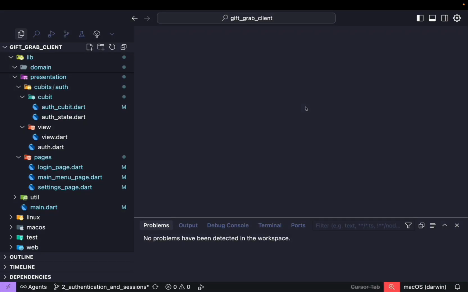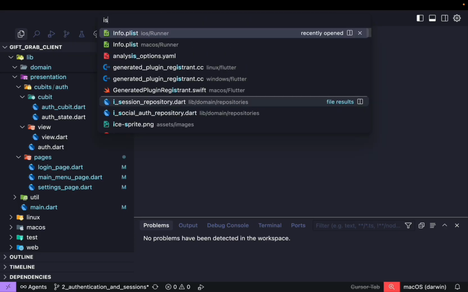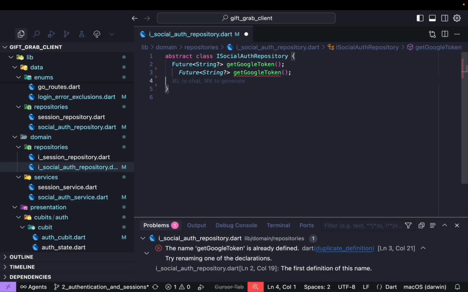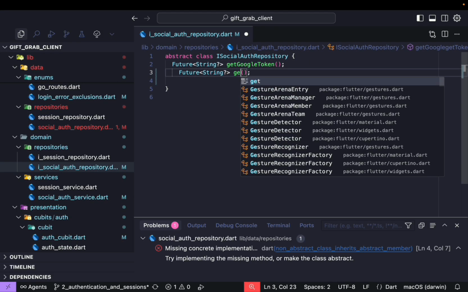And last but not least, we need a way to authenticate via Apple. Now this is going to be very, very similar to authenticating via Google, so a lot of it will be copy and paste, but there are some slight differences. So let's get into that. First, I'm going to open up the ISocialAuth repository again and create a new method, this time for getting the Apple token,